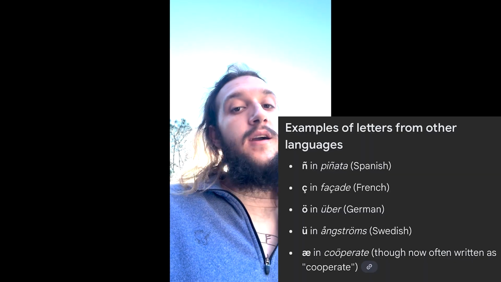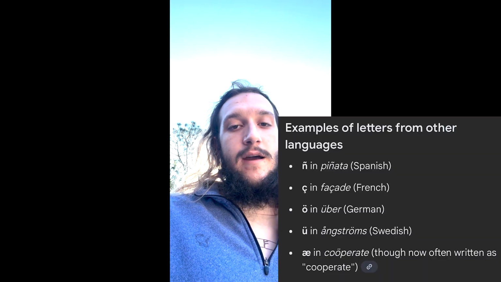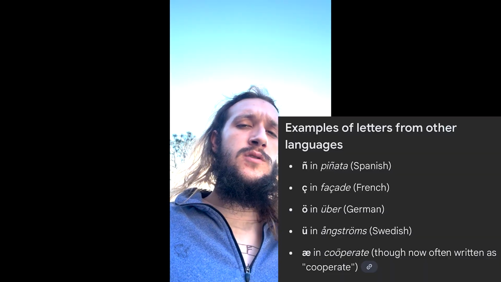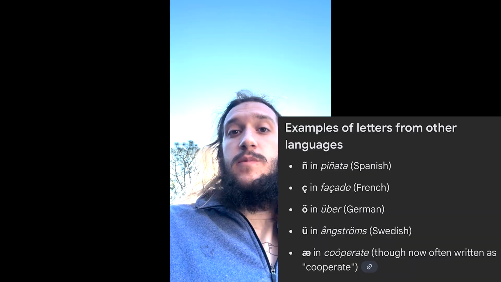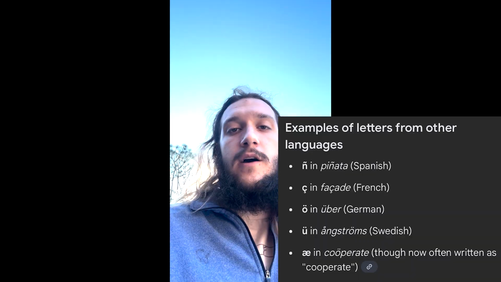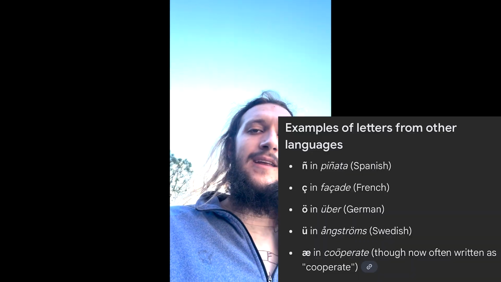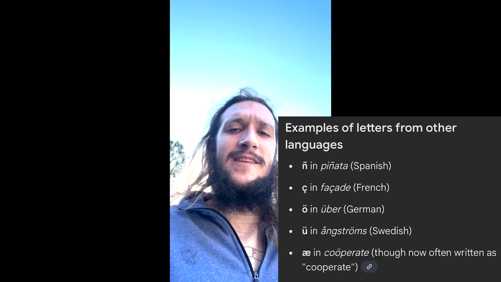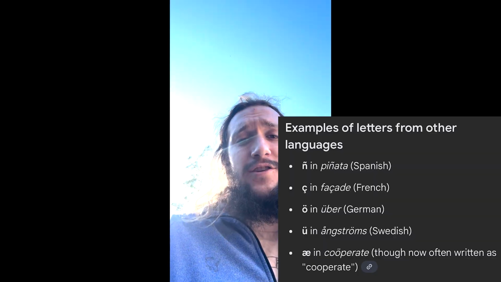I just want to show y'all something I found while researching for this video. When I initially looked up diacritics, the stupid dumb Google AI popped up and showed me this. It did manage to get the tilde and the cedilla right, but it thinks that an O is a U, and in the word angstroms, which has both an A with ring and O with umlaut, it can't find either. And even worse, in the word coöperate, it thinks that the diaeresis is the ligature ash, which is a really